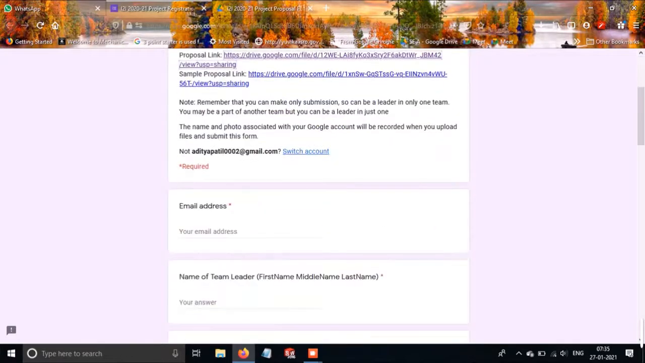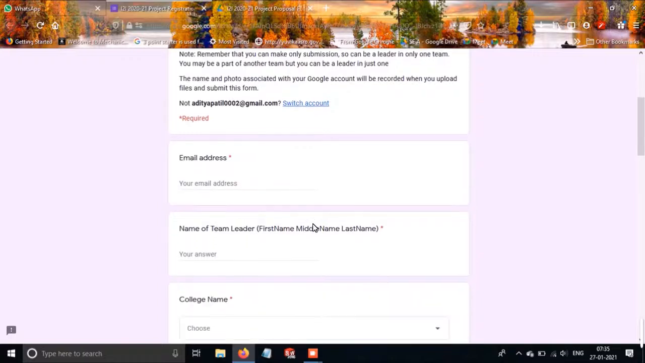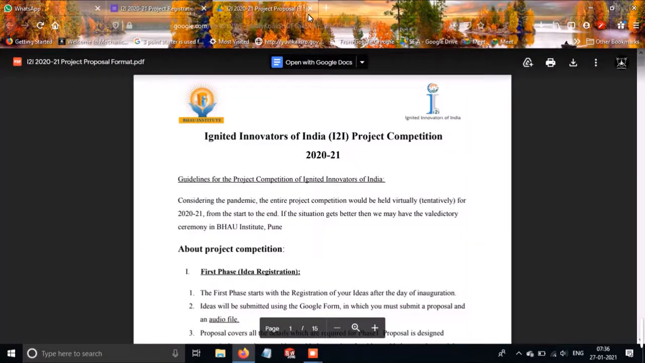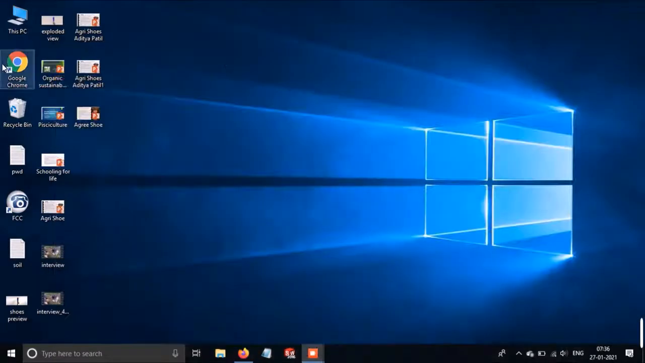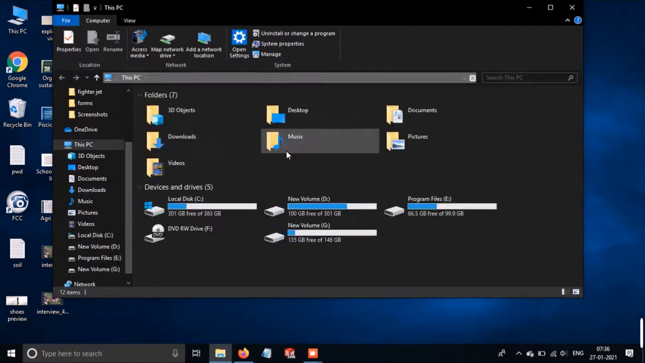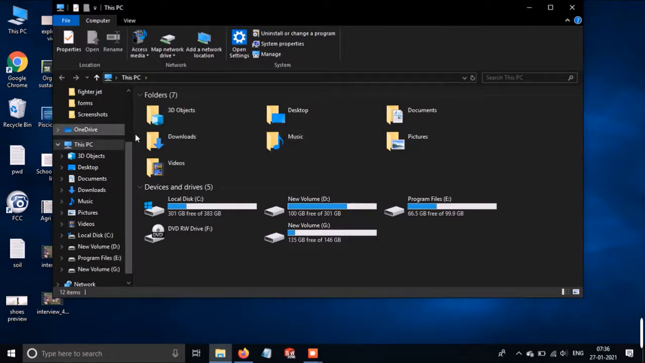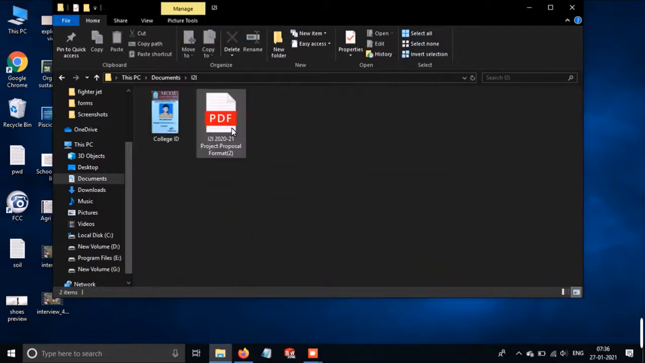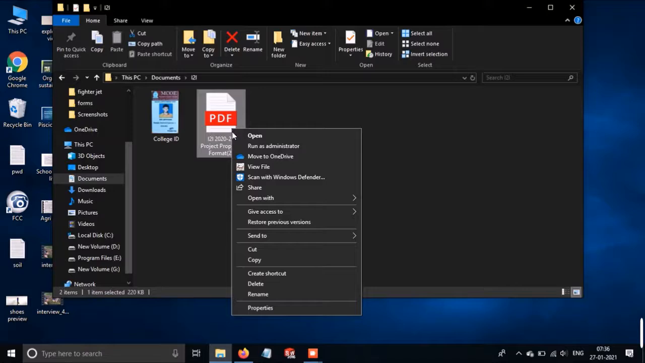Then what we will need next is the email ID, address, the team leader, and the college name. Now firstly, we will go to the link of this PDF and try how to edit it. Open the downloads folder where you have got it downloaded. To edit this PDF, you just have to right click, open with,